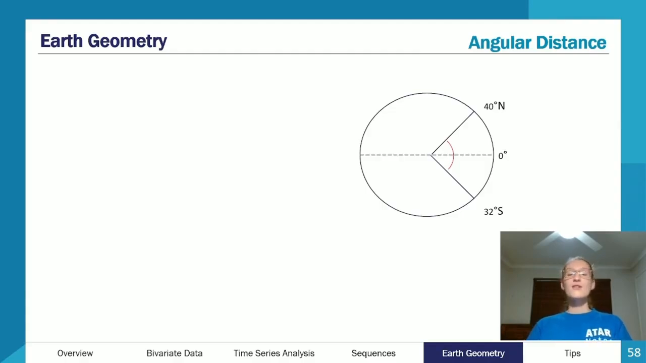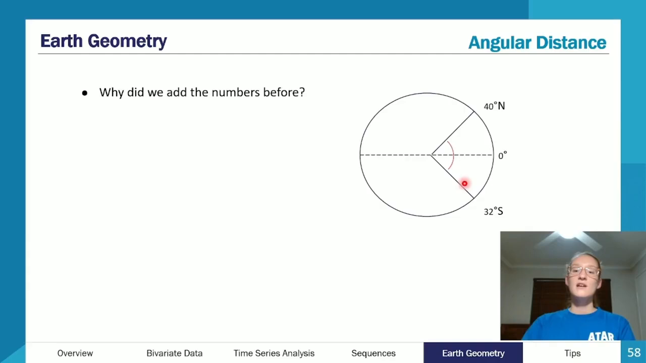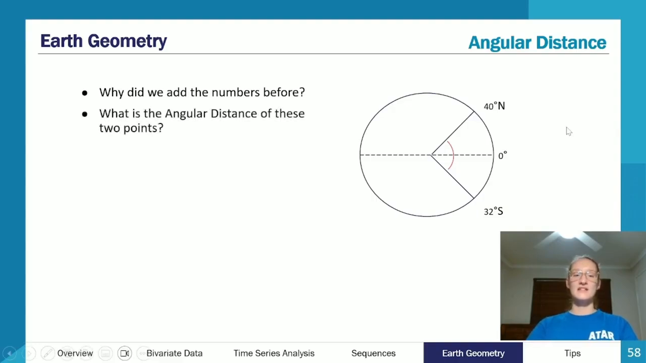So let's have a look at this, for example. If I wanted to find out what was the difference between this point here and this point here, I need to find out the angular distance, which is actually this distance in here. And so what I want to highlight is why did we add the two numbers before to get the angular distance? So to get the angular distance here,